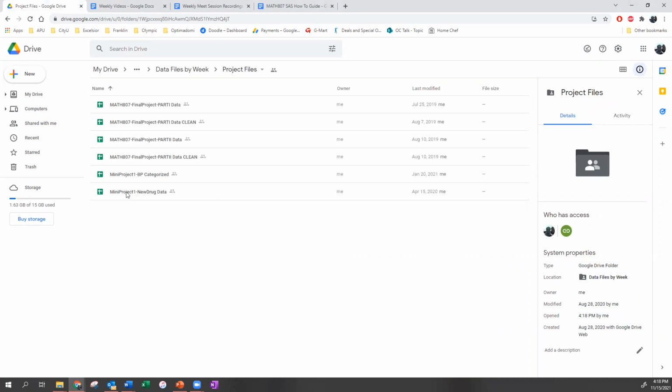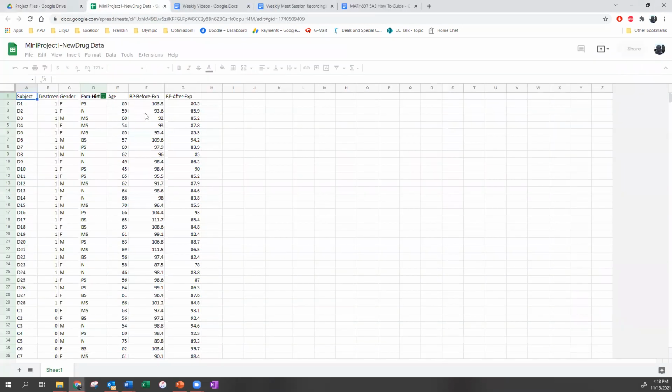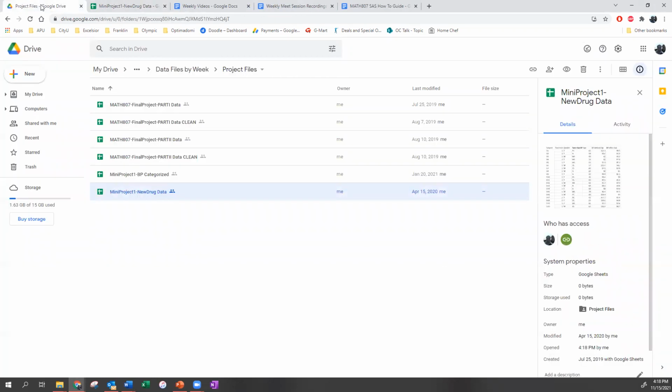So the mini project, there's mini project new drug data. That is the standard data set for the entire mini project. So if I open it, you'll see that this will have all the variables. So this is all the data that you would need to run basically all the questions. However, there's one part of the mini project where they ask you to create a side-by-side box plot.